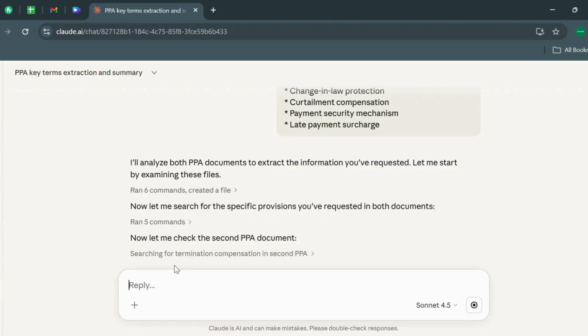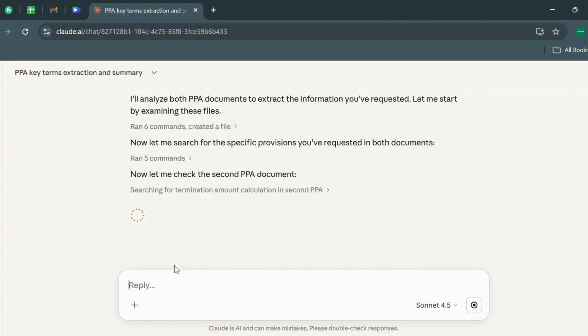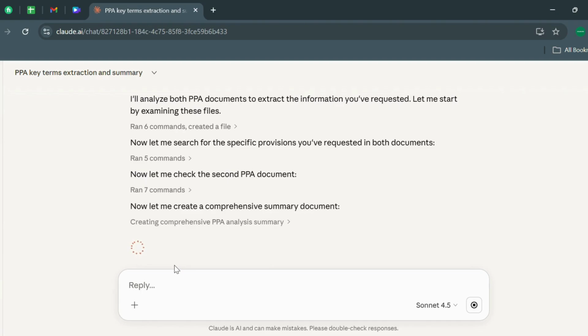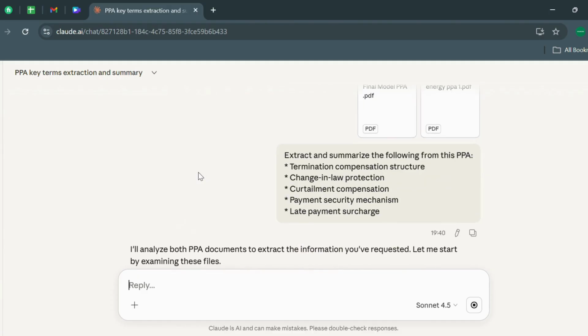This saves hours. Instead of manually highlighting clauses, AI extracts and structures risk categories instantly. But extraction is just the first layer. Now you go deeper. Prompt number 2, say bankability comparison: compare the termination compensation clause in the draft PPA with bankable PPA 1 and bankable PPA 2. Identify